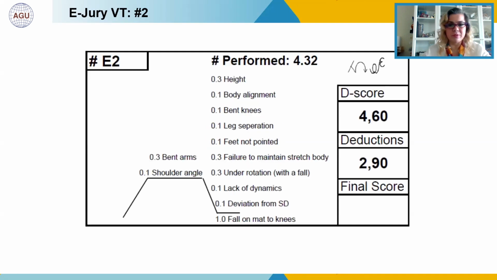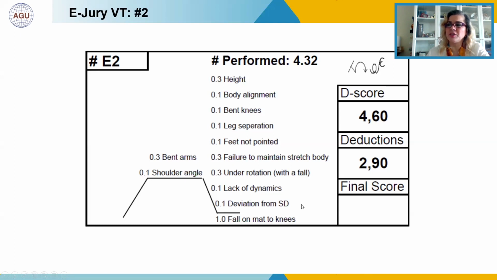So the vault was from group 4, Yurchenko full twist, and we got here on the repulsion phase 0.3 for bent arms, 0.1 for shoulder angle, and in the second flight phase we got 0.3 for height, 0.1 for body alignment, 0.1 for bent knees, 0.1 for leg separation, 0.1 for feet not pointed, 0.3 for failure to maintain stretched body, which is spiking too early, and under rotation with a fall, remember it's 0.3, and 0.1 for the dynamics,